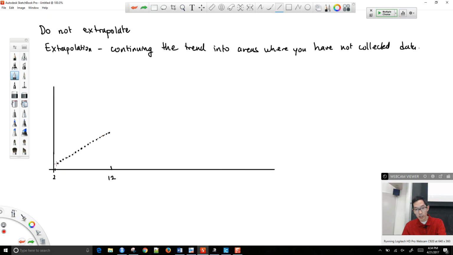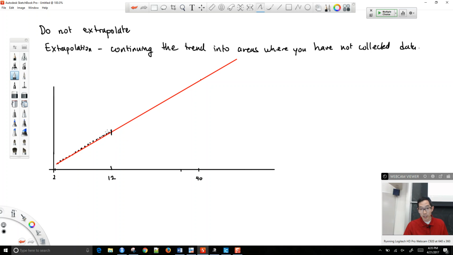Extrapolation would be to take that linear model and continue it on forever, and then we would go, oh wow, look at this. When the kid is 40 years old, this person will be 20 feet tall, and then by age 80, this person will be 80 feet tall. We better let people know so that they can make accommodations. That would be a silly thing to do, right? Because we know,